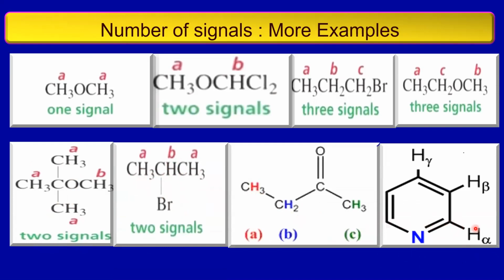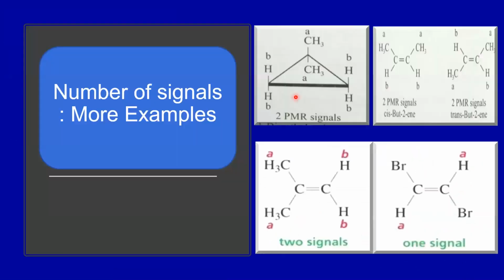So these 2 protons will give you 1 signal. So alpha prime protons, beta prime protons, and gamma. So 3 signals you'll get per pyridine. So look at here. It has to give 2 signals. Why? Because these protons are equivalent. Then these 4 protons are equivalent. So one signal for these 6 hydrogens, and the second signal is for these 4 protons.